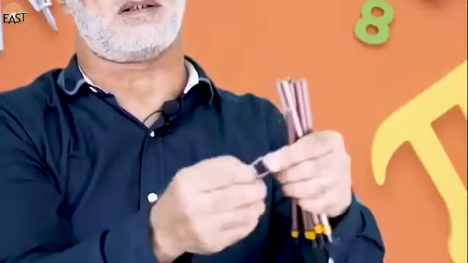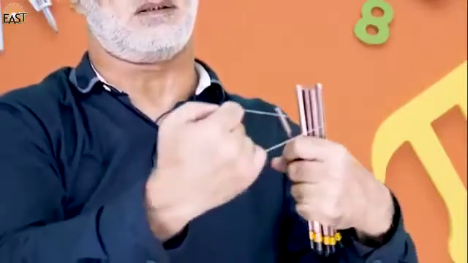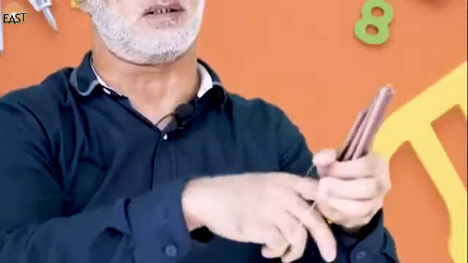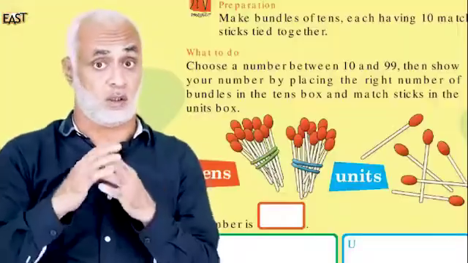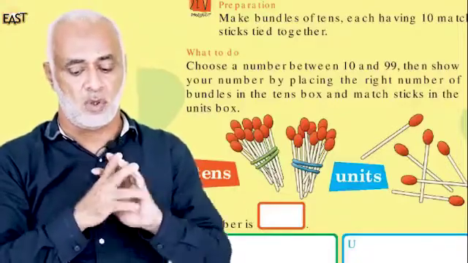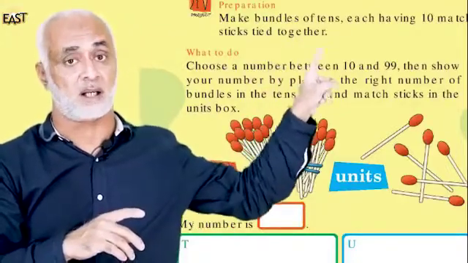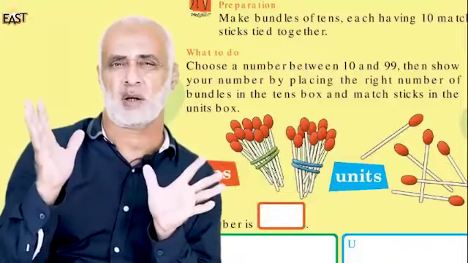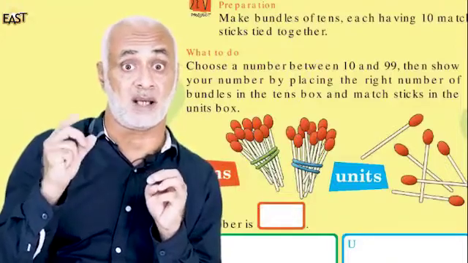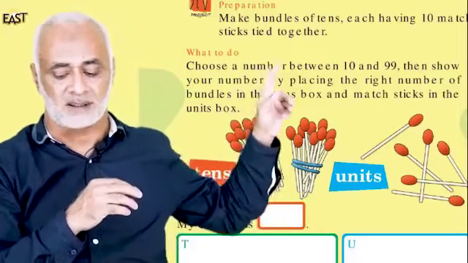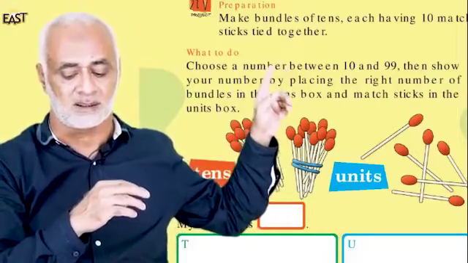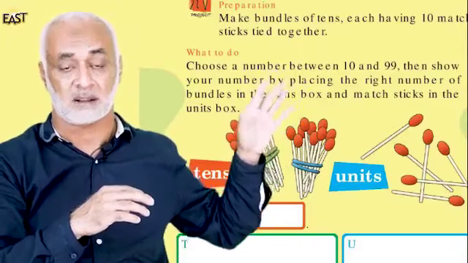And make a bundle like this. Tie them together like this and make a bundle. Here you have a bundle. Now what to do? Listen carefully what you need to do. Choose a number between 10 and 99. Think of a number between 10 and 99. Then show your number by placing the right number of bundles in the tens boxes and matchsticks in the unit